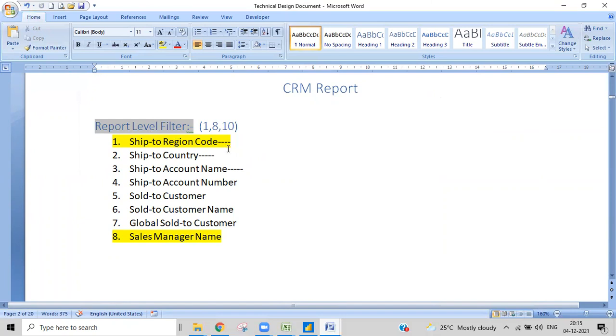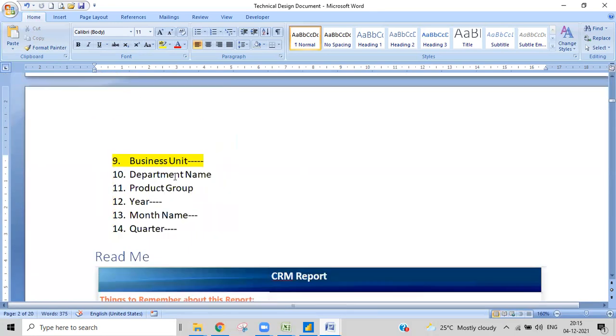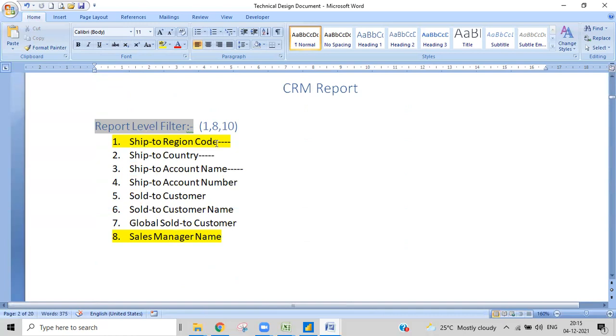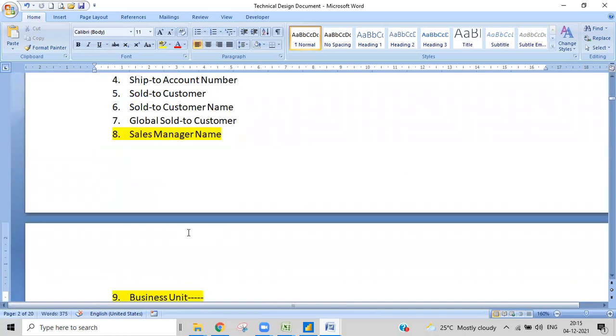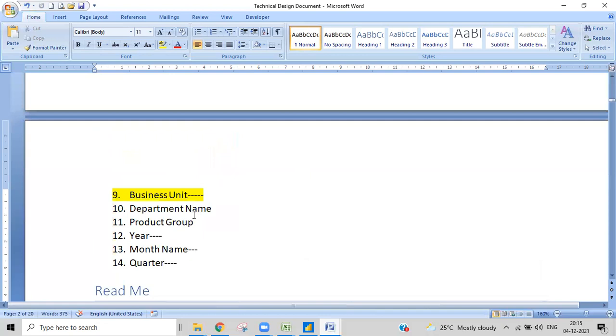These are not available in our source, so we need to create them from the existing tables. These are the tables that we need to create from the existing tables, whatever it might be, like fact tables. We need to create some dimension tables, and then we can filter these things upon these visuals and filters. So we need to create some of the dimension tables which are not available in our tables. That is the task for us.